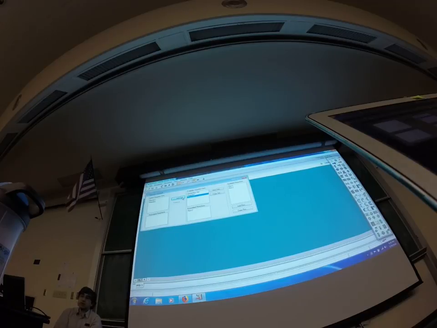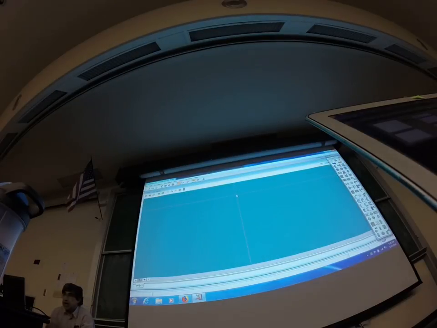Now, if I remember the problem statement, we want to make 800 million pounds per year of vinyl chloride, right? So, here I have 2 reactions happening. I have to move backwards. I will move backwards from 800 million pounds per year with a reasonable operating factor. Let's assume again, like a new project, 90% operating factor, okay? And first I'll figure out how much